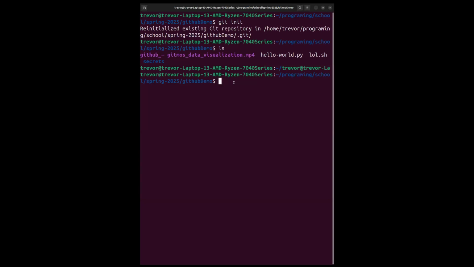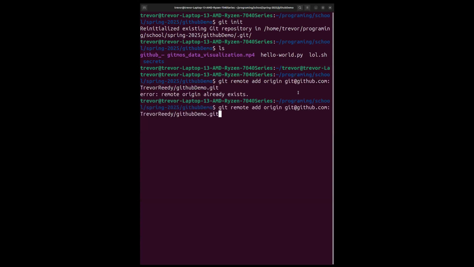And now that we have that GitHub link, you just type git remote add origin, and then we can paste that SSH link right there. And it looks like I've already added it to this Git repository, but that is totally okay.